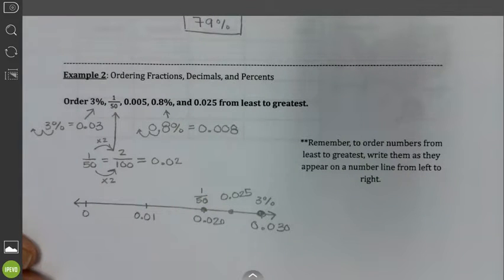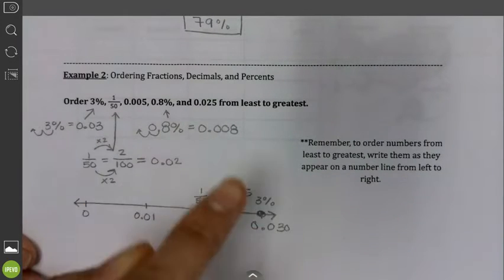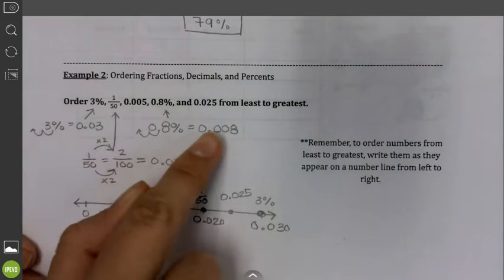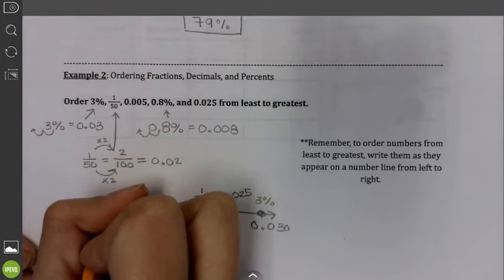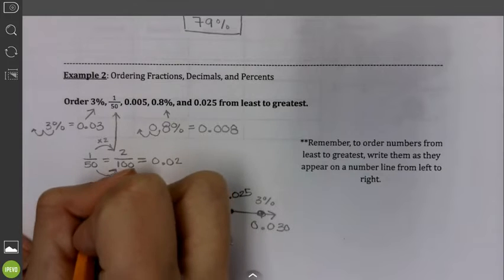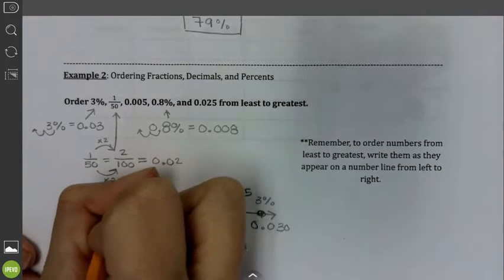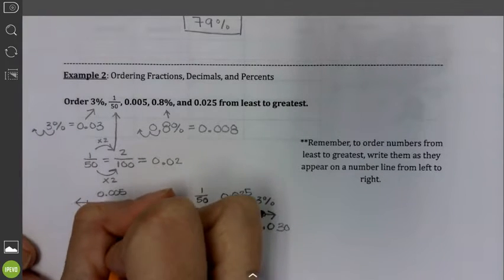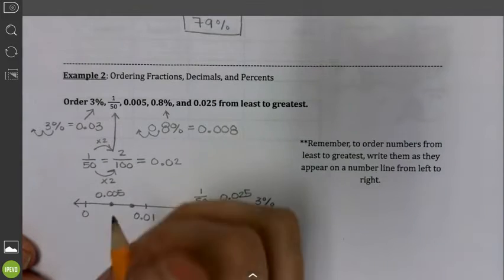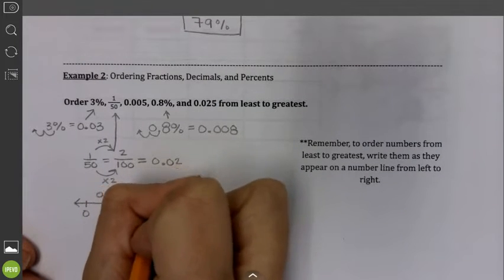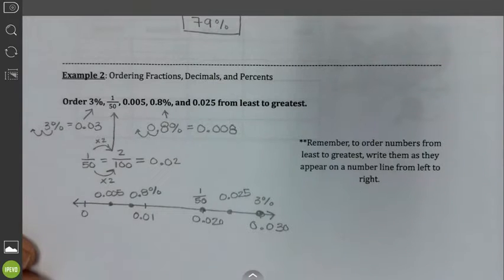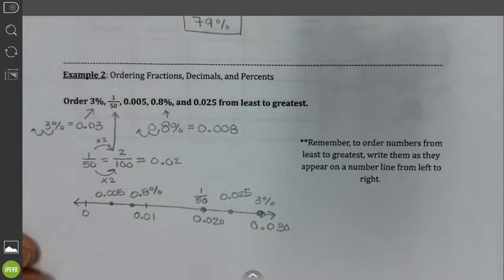And then we have, where is it? We've got our 8 thousandths and our 5 thousandths. Well, 5 thousandths is smaller than 8 thousandths. 8 thousandths is a little bit close to 1/100th. And that was originally 0.8%. So now that we have all of our numbers on a number line, just to write it out, I